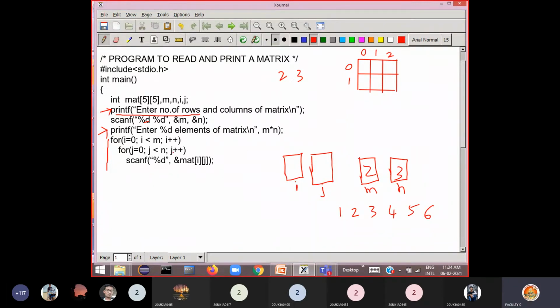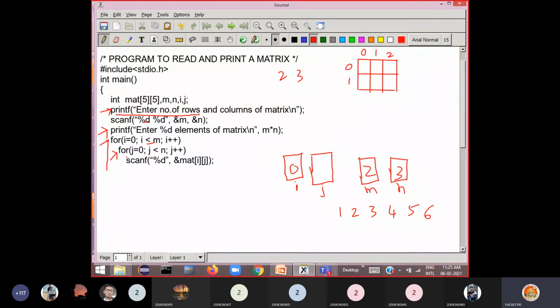Now try to understand the concept. First, the outer for loop executes here. For i is equal to 0, i value becomes 0 here. So then the condition will be tested. 0 less than 2, yes, true. So whenever this is true, then it enters the inner for loop. When this is true, then execute the next statement. That is the meaning of loop statement.